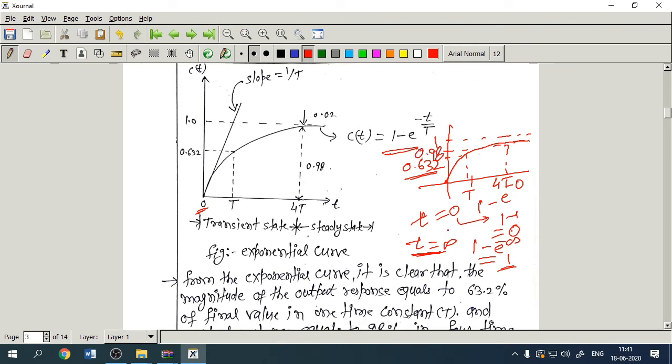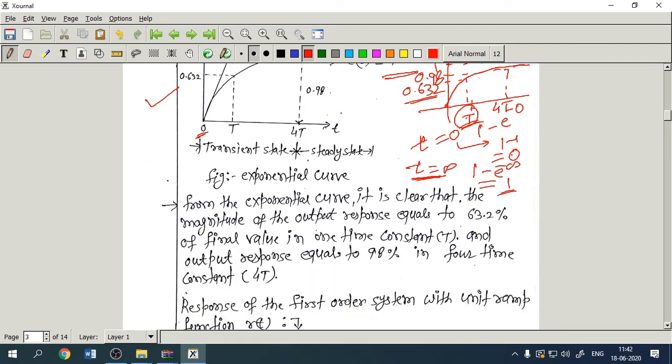That means the time constant defines when we reach 63.2% of the final value. That is known as the time constant. That is how we plot this graph, right? In other terms, 4T is the steady state, or the settling time. We always define the settling time as equal to 4T. This is the graph for the first order system when we give a step input, right?